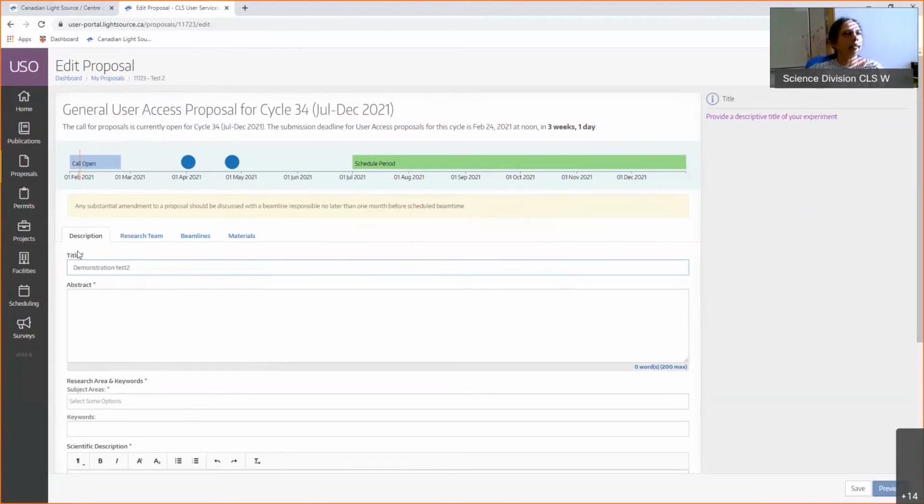Another thing, any field with a star is a required field. If you don't complete that field, the system will not allow you to submit the proposal. So sometimes you will keep on trying to submit the proposal and it won't let you. That's when you will know that you haven't completed some of the required fields. Another thing, if you can see my mouse, remember I said when you click on any field, there will be some instructions here. You can go through them, okay?